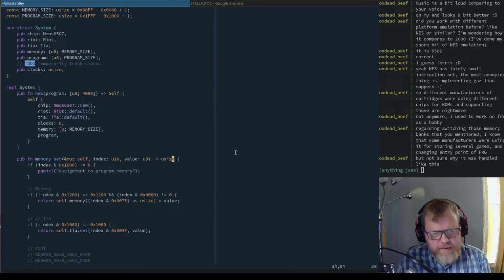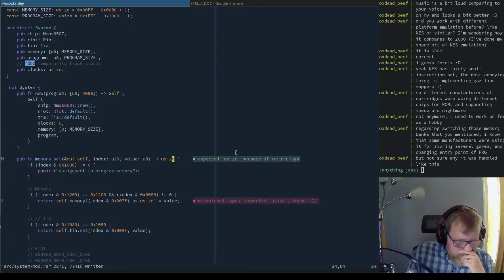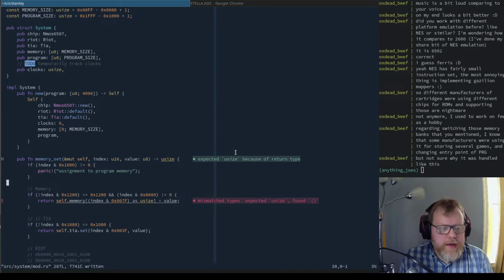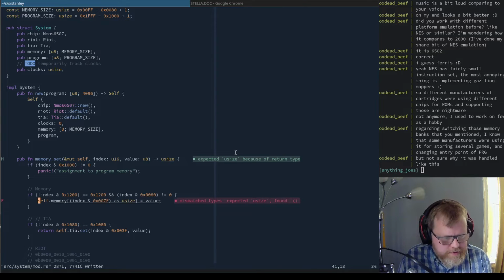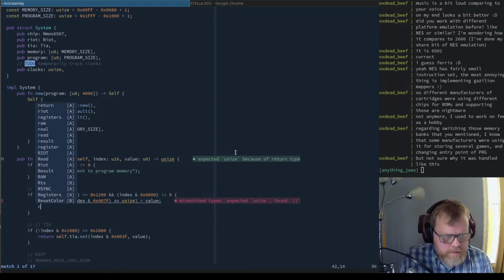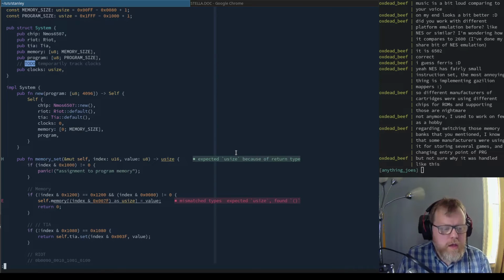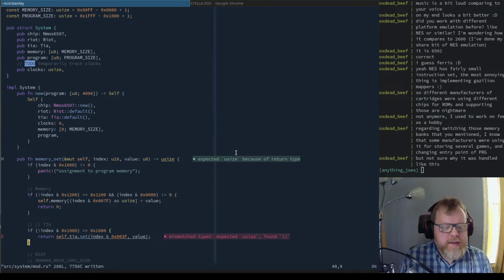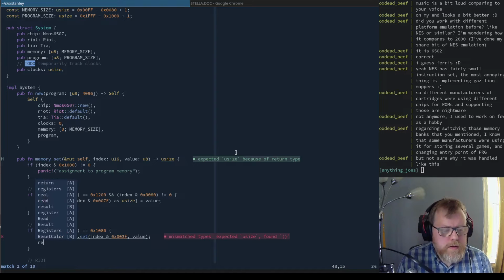So you don't have to worry about it. And then everywhere we have these issues, we need to switch this. In general, we're going to return a U size 0. But in the case of the TIA, we're going to return